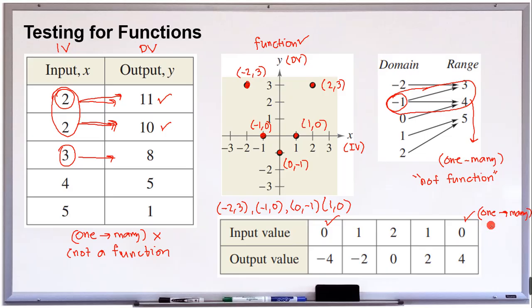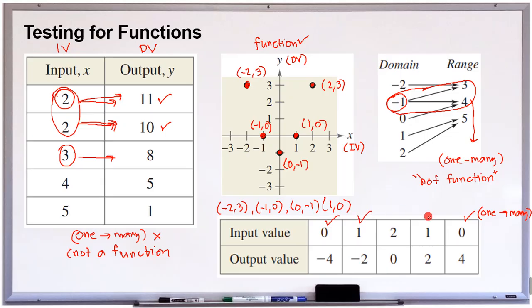If we have a one to many relation, we cannot call this a function. And aside from 0, we also have other identical input values, which are located on columns 2 and